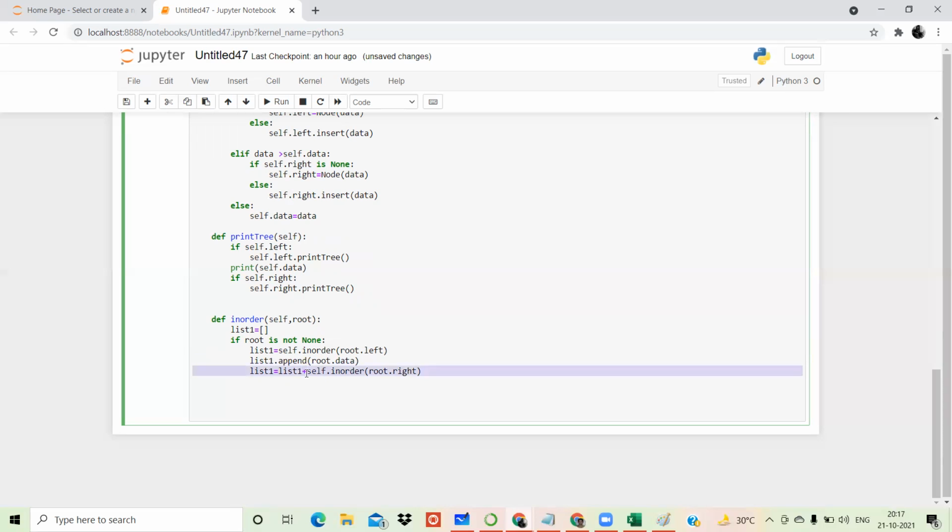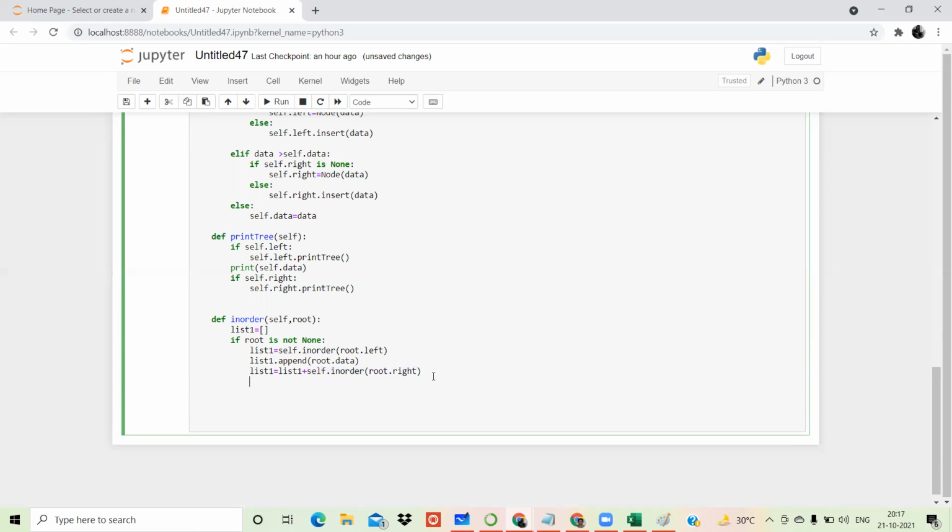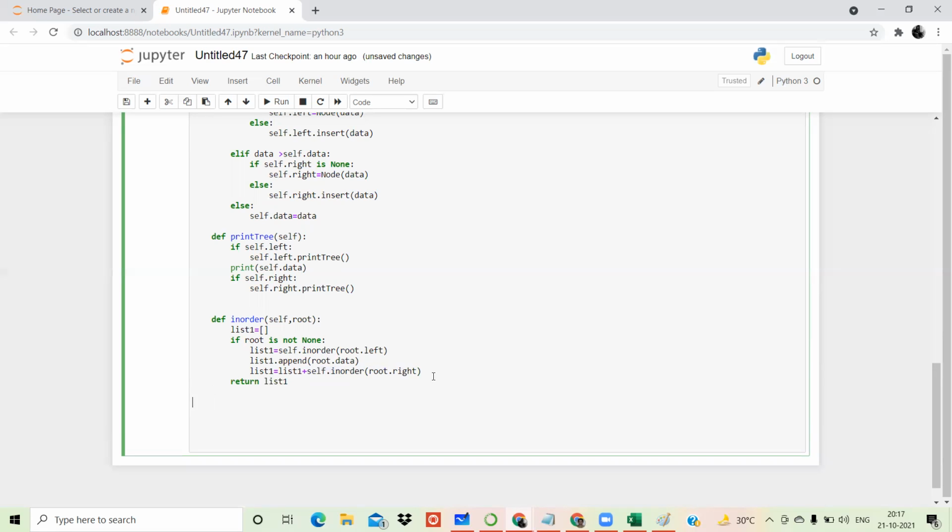And once my left hand the root is already covered, then again I have to cover all my right elements recursively. And that's why we are writing कि जो भी existing list है अभी जिसके अंदर left and root already present है, उसके अंदर I have to add my all right elements recursively. That's basically what this means. So once this is done, तो अभी जो list generate होगा उसको if you want you can print that list, otherwise simple है कि इसको return करो. So print वगैरह करने की जरूरत नहीं. You can simply write return that list. So ये in order का function ऐसे हम लिख सकते हैं.